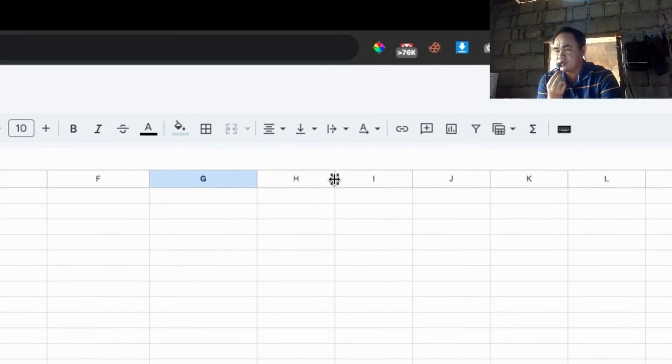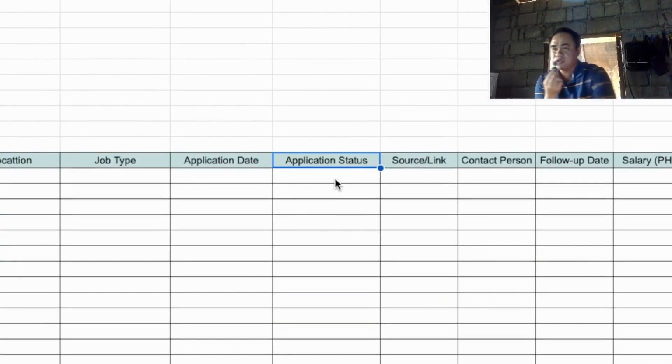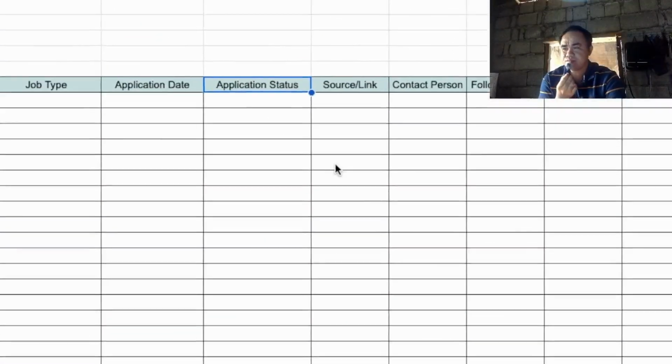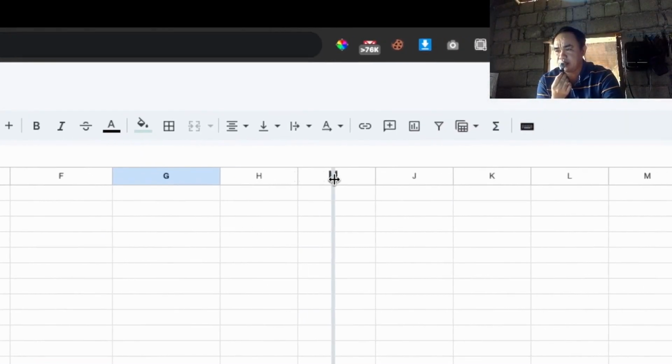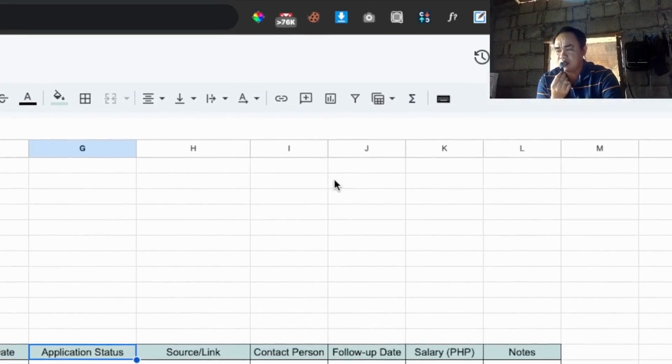Source or link is where you found that job posting. Let's say, for example, LinkedIn, JobStreet, Kalibrr, etc. Okay, so we're going to adjust this from here to here.